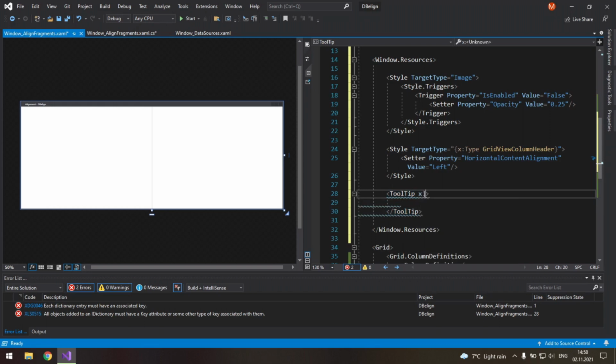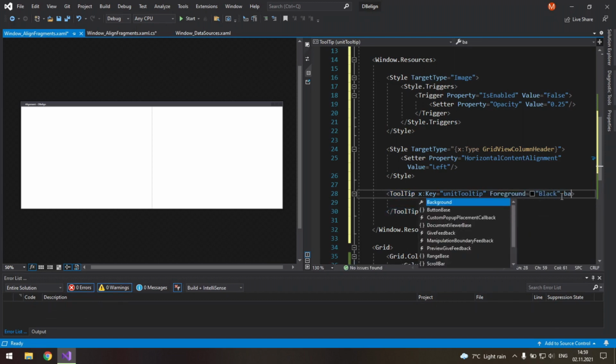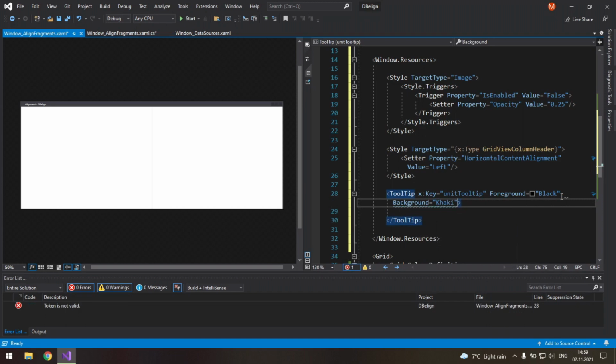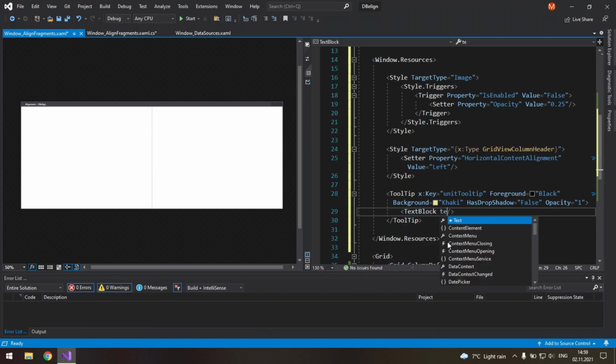Tooltip. It will have its own key, and I will name it unit tooltip, and its foreground will be set to black. It will have a khaki background, and let's set has drop shadow to false and set its opacity to 1. This tooltip will contain just one text block. Its text will be bound to a property.